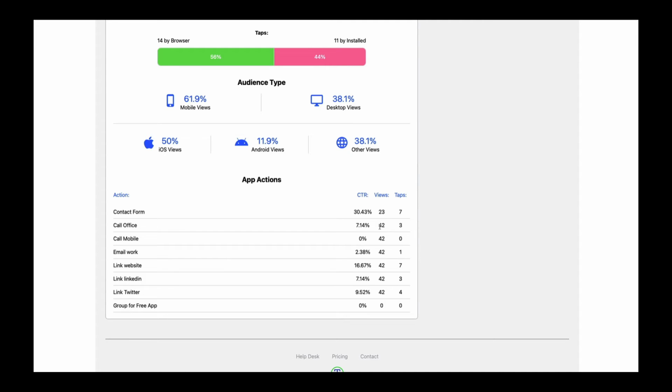But the views for the office action are 42. So these actions are on the same page, but they have a different number of views, and there are several reasons that this could occur. One is this contact form could have been added later during the period that we're looking at. It could be scheduled to appear only during certain intervals of time, or this form could be set to only